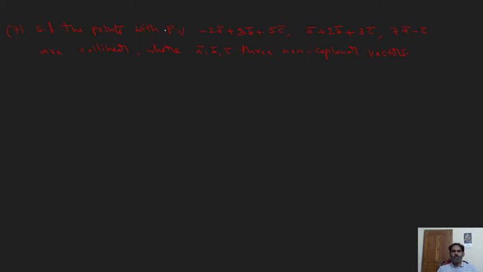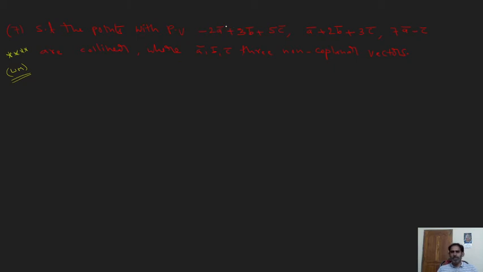Next, question number 7. Show that the points with the given position vectors are collinear. A very, very important problem. This is actually a 4 marks problem. Most important short answer question. The position vectors of the points are given. Only 3 points here. Position vector means write like OA bar, not A. We should always write in vectors.